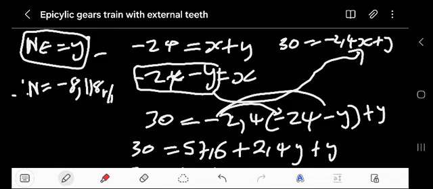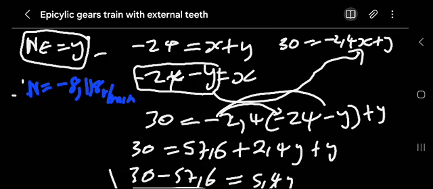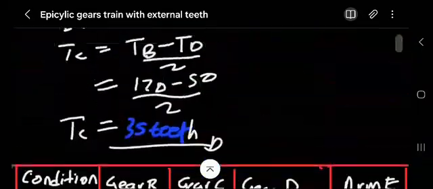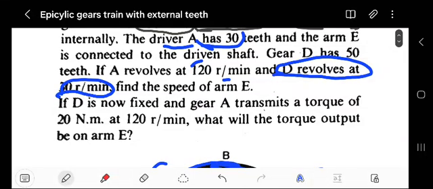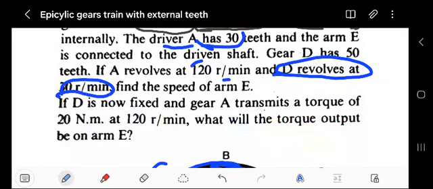Rest per minute. We have this, as you see. How cool is that? We are done with that question. Now there's another one, but now they say if D